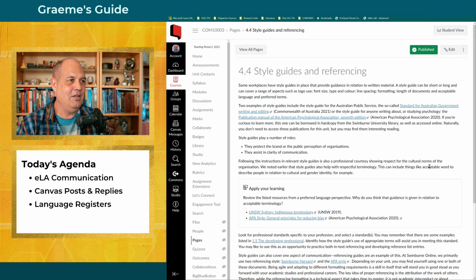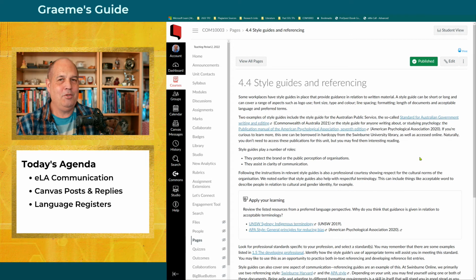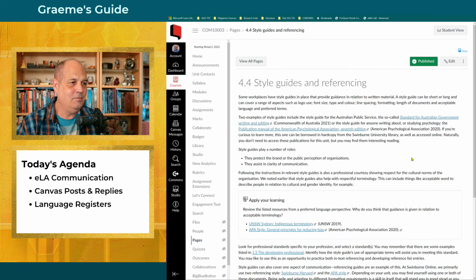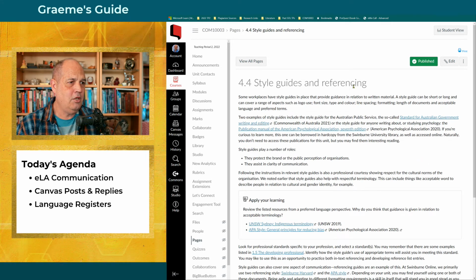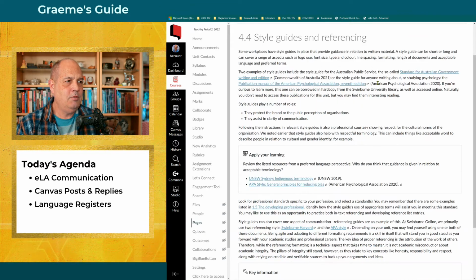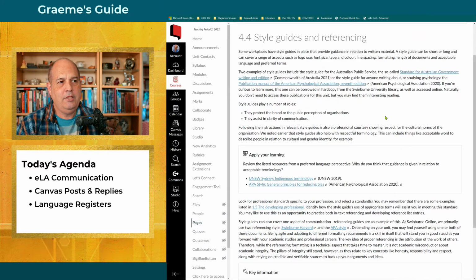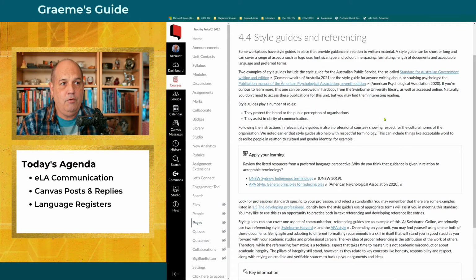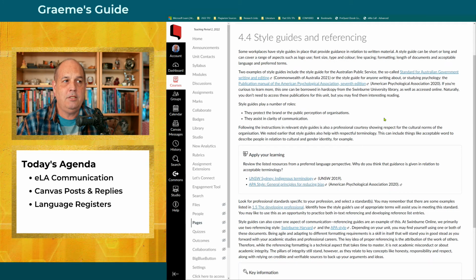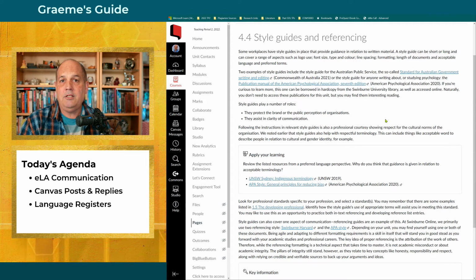Next. Okay, so I'm just going through all of these modules in week 4. So style guides and referencing. In different organizations, such as in universities or in businesses, they may have a style guide. The Swinburne University Communications Department has a style guide.